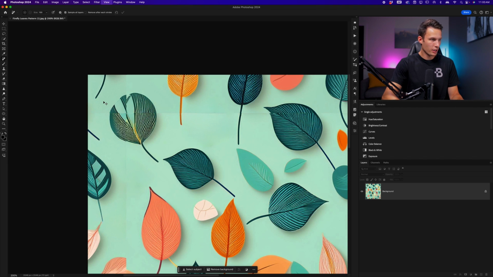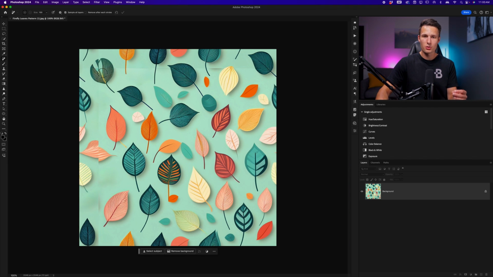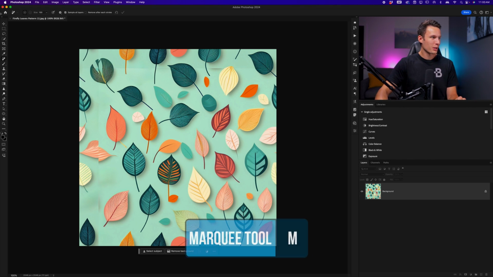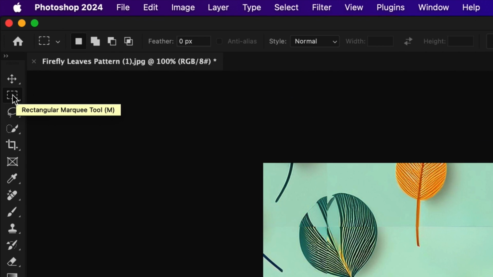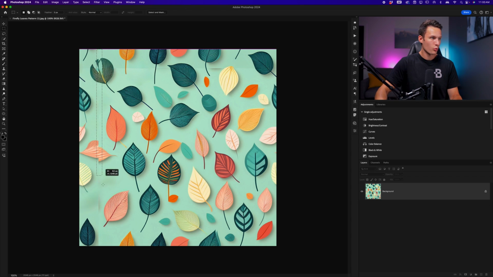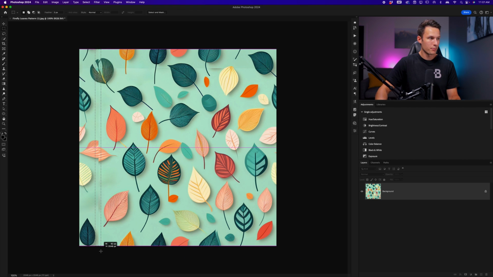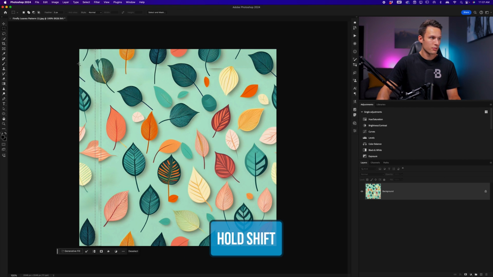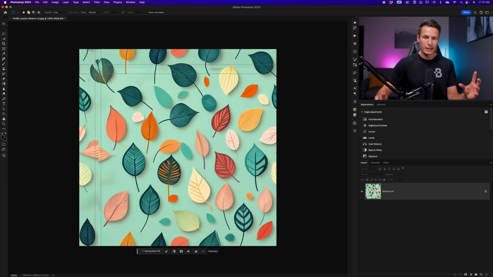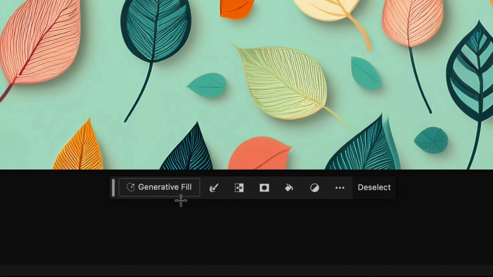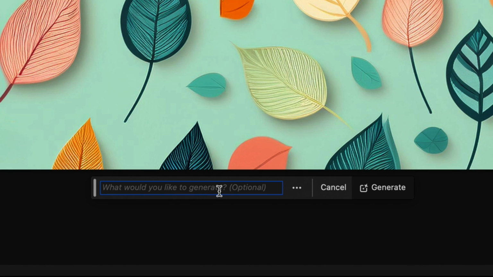Now to solve the issue of those very visible lines, we can just use generative fill to fill all that stuff in, using AI to fix AI. So going to the marquee tool by pressing M, I'm using the rectangular marquee tool, and with a 0 pixel feather, I'll just click and drag to create a selection just outside of either edge of that overlapping line. I'll let go and then hold the Shift key and click and drag out again to create a secondary selection around the other overlapping section. This will create one giant T selection, and we can go to the generative fill setting in the contextual taskbar and just click on generate.